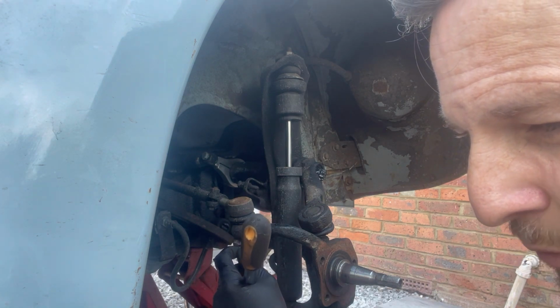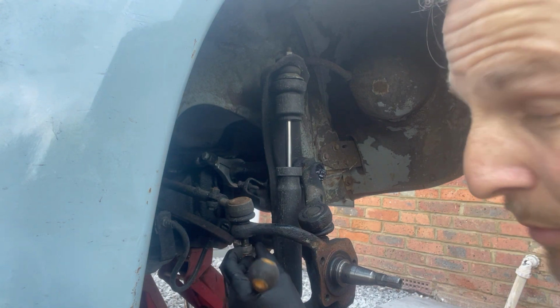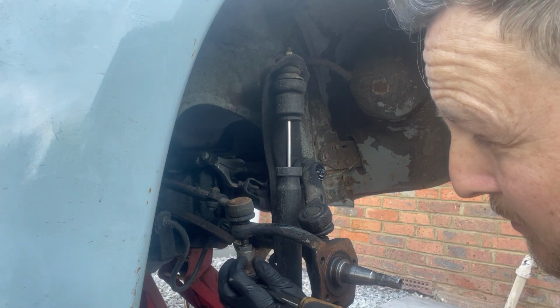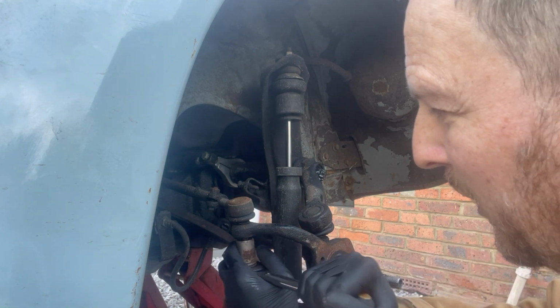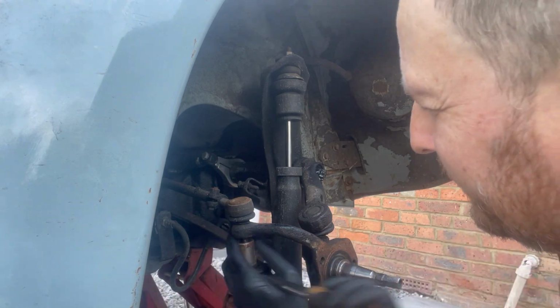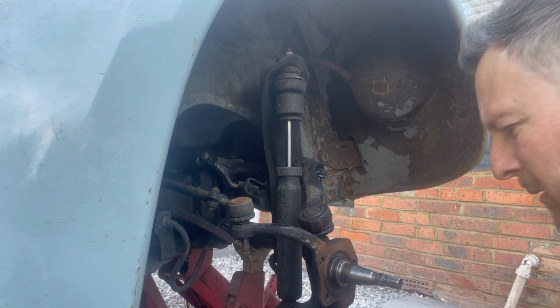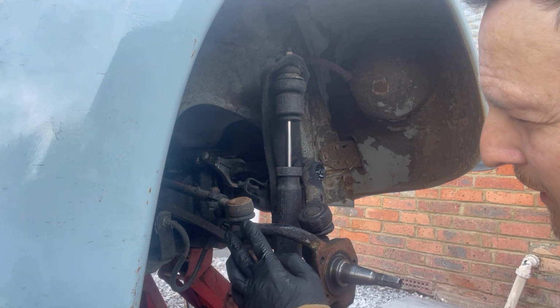More often than not, the split pins just snap. And if the split pin does just snap, the split pins are so little that you can actually just take the nut off and then tap or drill it out later. So quite often you get away with just tapping it out with a punch. Get that one off. And now, there are several ways to get this off, and some people,